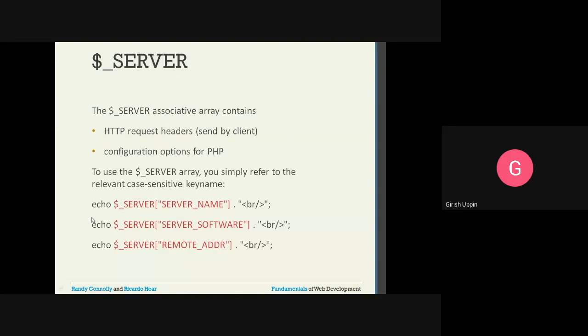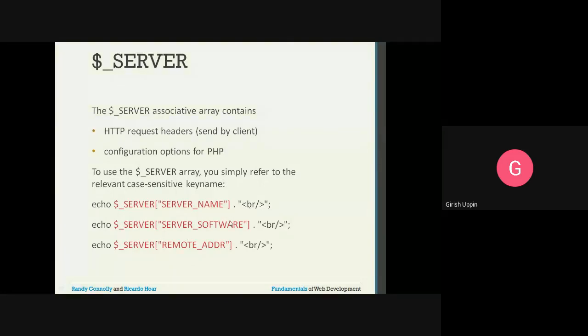How to output the server name? Echo $_SERVER, inside the square brackets you give the key as SERVER_NAME. It will give the name of the server. Then it is concatenated with a break, which will put a new line on the browser display.